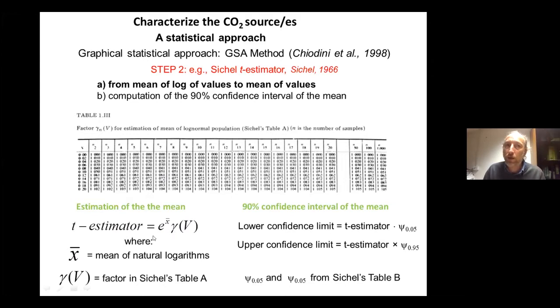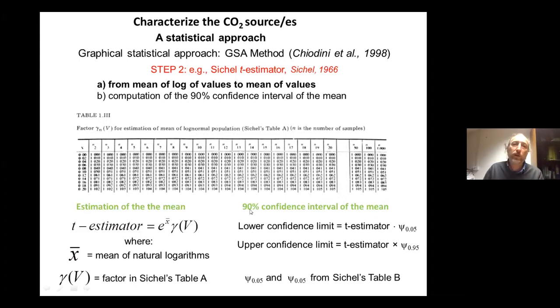That means that, by neglecting this factor, we can make a very large error in estimating the mean of the flux population without considering this correction factor. Because this is an estimation of the mean values, not an exact calculation, together we also have to compute the uncertainty of this estimation. And again, using this Sichel approach, there is another table that allows us to estimate the lower confidence limit and the upper confidence limit